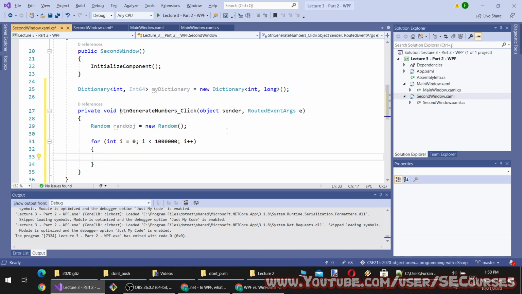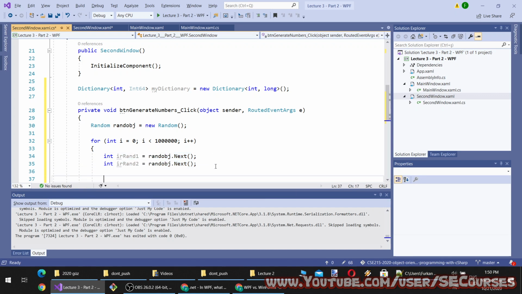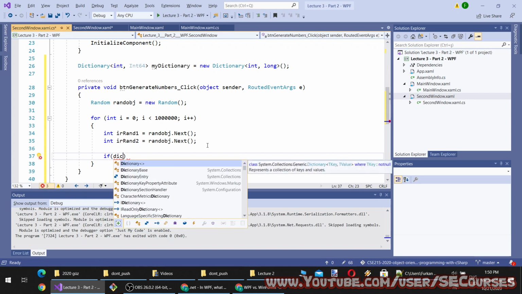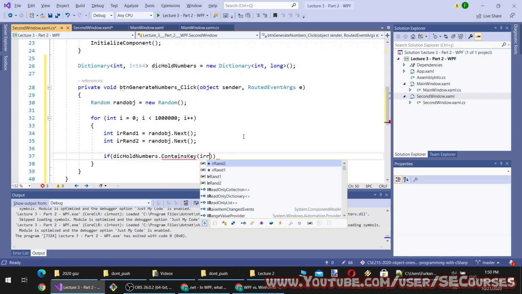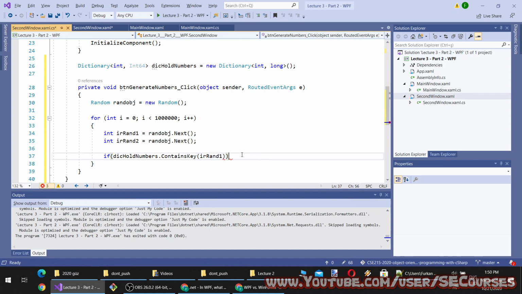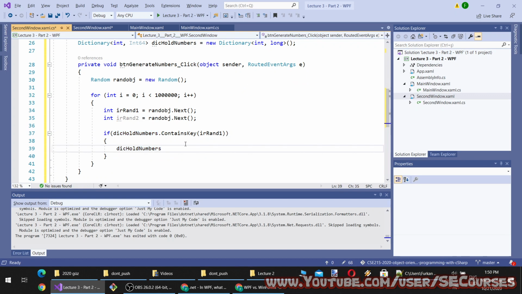So I will compose two random numbers. And if the dictionary has that key, so what does this line do?